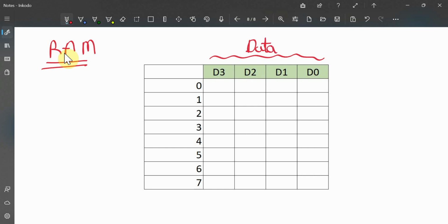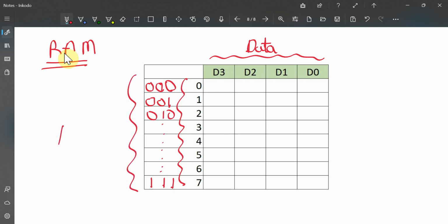The second important component is my address. If you observe, I have locations from 0 to 7. That means I have a total of 8 locations from 0 to 7. And if we convert all these decimal numbers into binary, I can write 0 as 000, and 1 can be written as 001, 2 can be written as 010, and so on till 7 can be written as 111. That means for representing this component, which is the address, which I am calling ADDR,